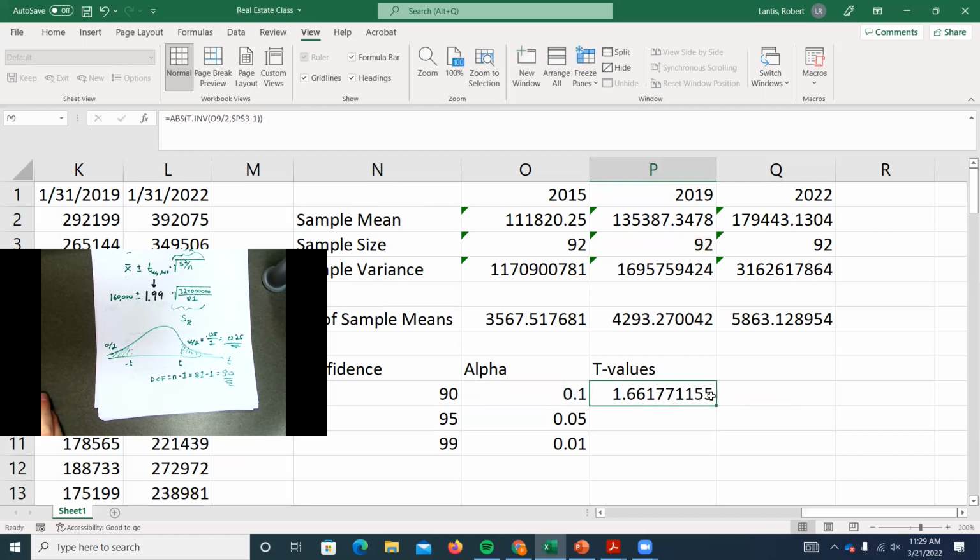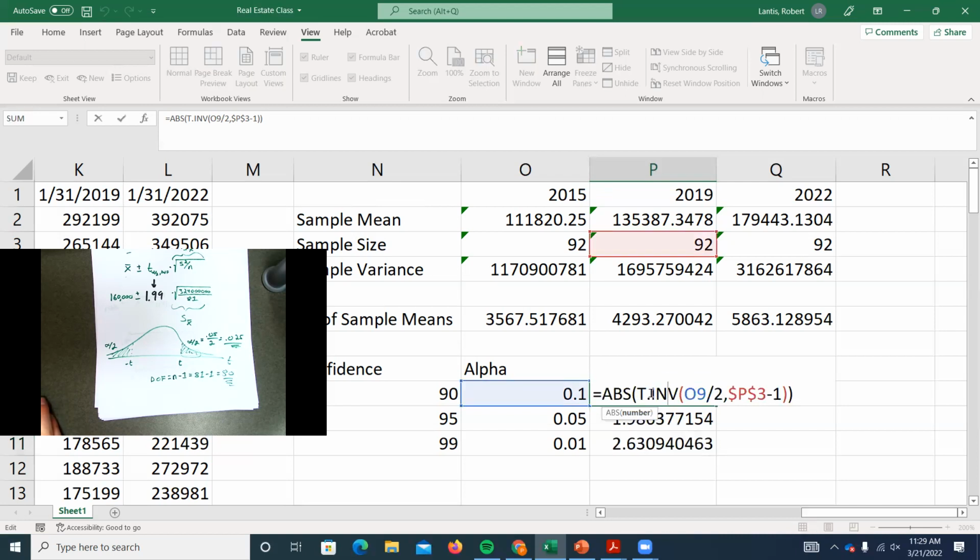Now, when I copy this down, it should get my 3 t-values that I need to build these confidence intervals. Okay. So the first thing I had was this t.inv. Alpha over 2 is the area I wanted in the tail. I then told it my degrees of freedom, which was my sample size minus 1. When I copied this down, I wanted to make sure that sample size cell reference is frozen. And then I put the absolute value ABS function around the outside of it so that it just gives me